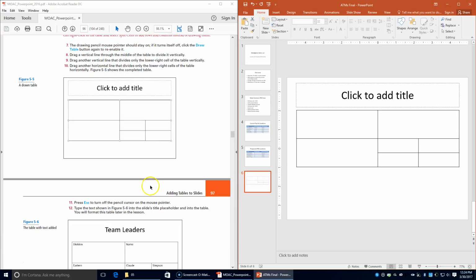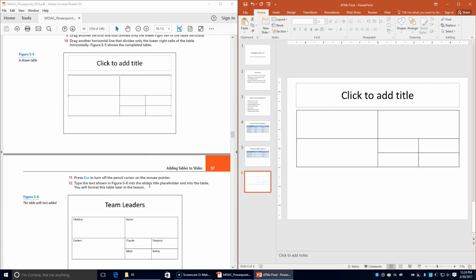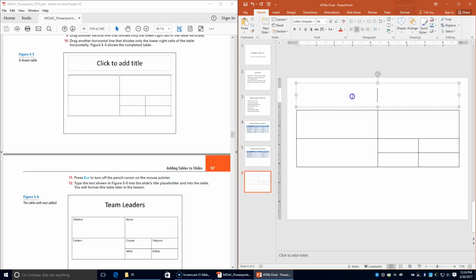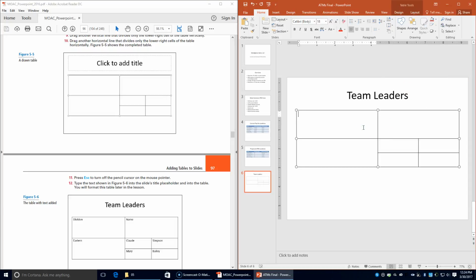And it says to type the text shown in figure 5-6 into the slide's title placeholder and into the table. You will format this table later in the lesson. So we'll name it Team Leaders. Over here we'll say Division